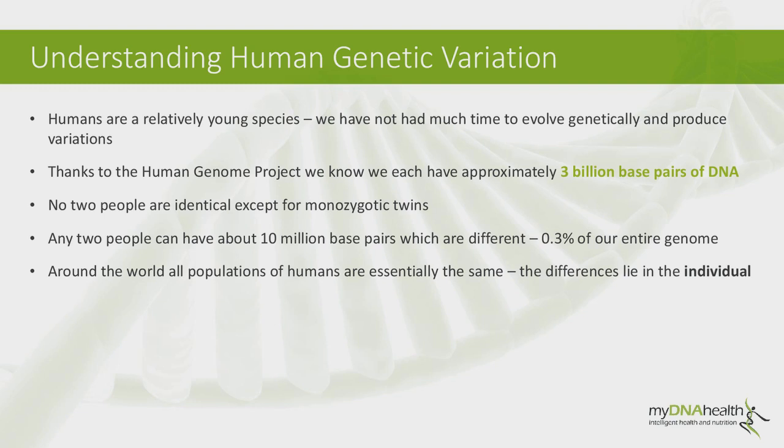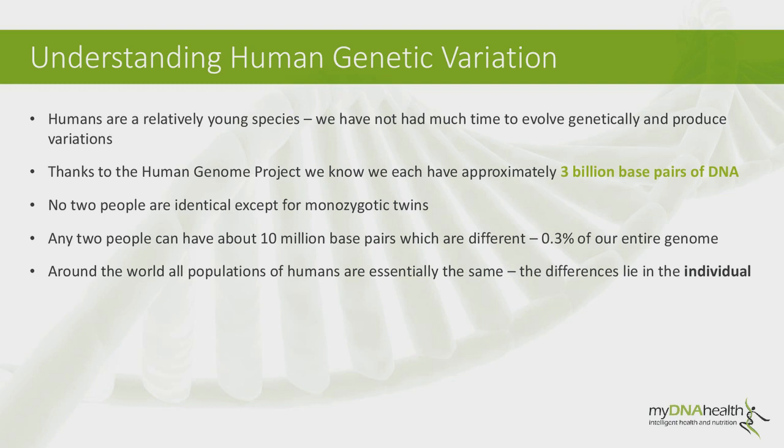So just some basics. No two people are identical, except obviously monozygotic twins, so identical twins. But even they occasionally do have some genetic and epigenetic differences. So we'll talk about that as we go through. And this occurs throughout development. Any two people can have about 10 million base pairs, which are different. Some of the research is a bit vague on this, but we think it's about 0.1 to maybe 0.3% of our entire genome,